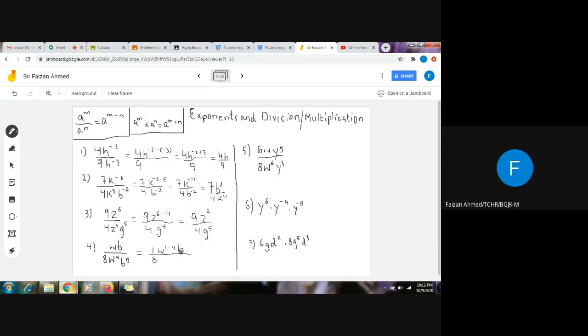Again, it will be b, and it will be 1 minus 5. So again the answer will be w, I don't have to write 1, w^-3, and it will be b^-4